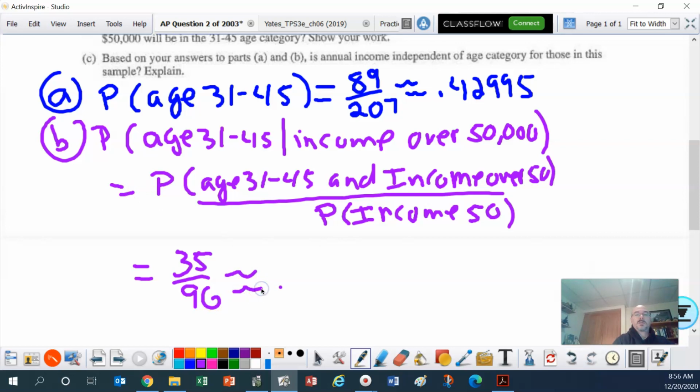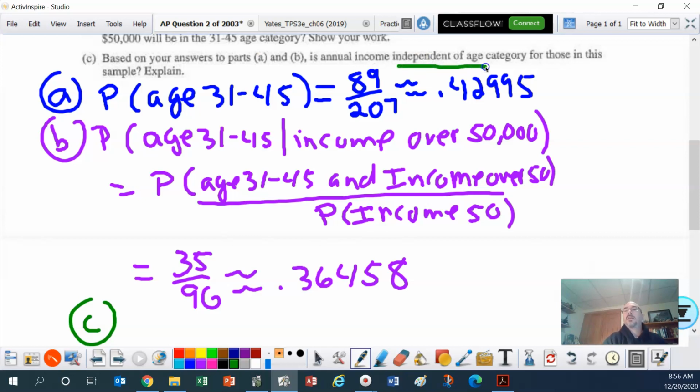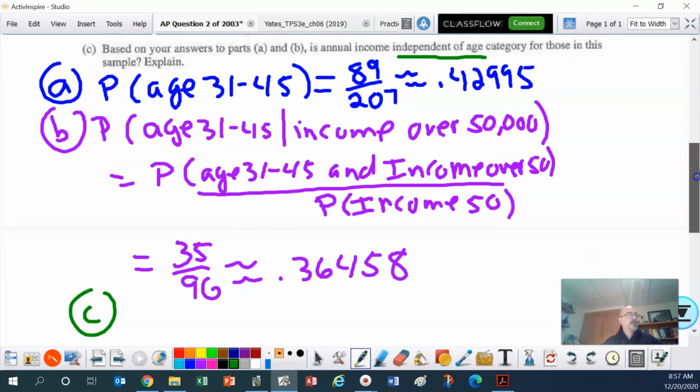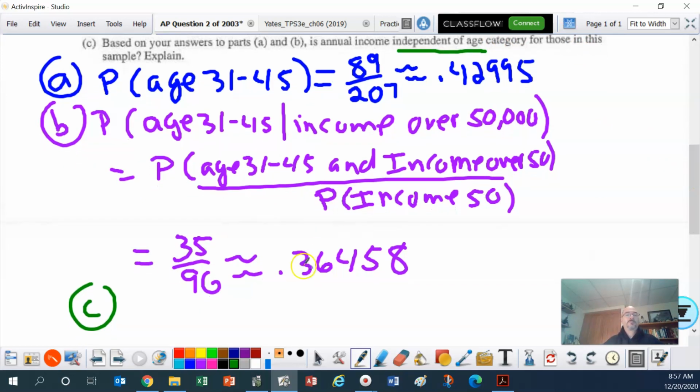And that's approximately 0.36458. All right, and the last one, we'll wrap this up. Letter C. Based on your answer in parts A and B, is the annual income, here we go again, independent of age category for those in the sample? Explain. Okay, well,